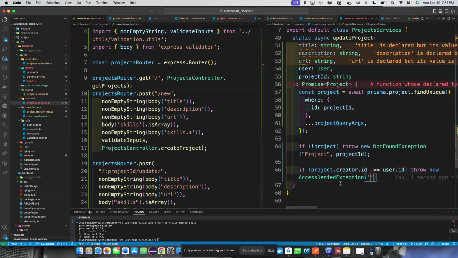Exactly. And why would we want to throw an error? Then they're like changing someone else's. Yeah, we only want the person who created the project to edit the project. You may have some other cases where, if you have a hierarchy and you have a super admin who can do anything, or a specific user who has a permission to edit projects, you can allow that as well. But very, very simple validation. We don't want other people editing other people's projects. So throw an access denied exception and say only the creator of a project can